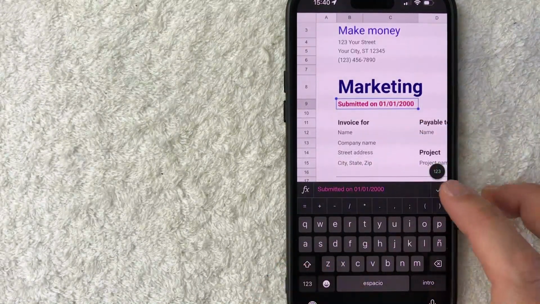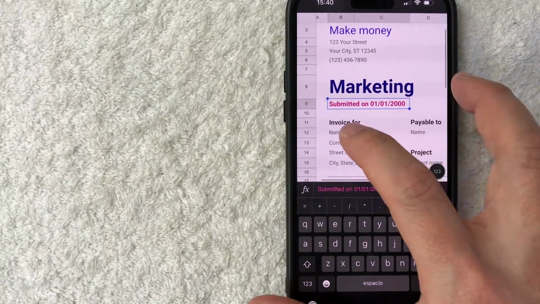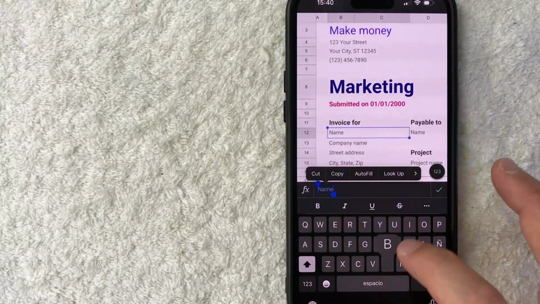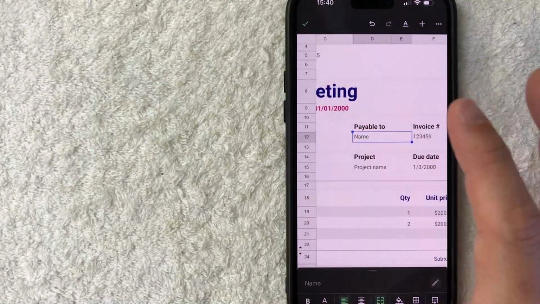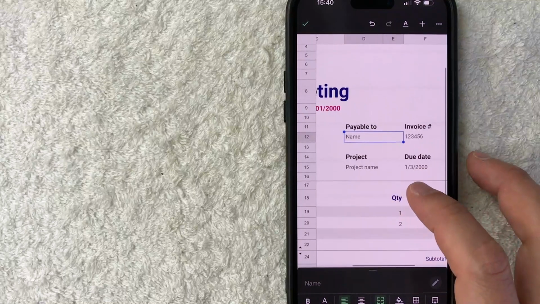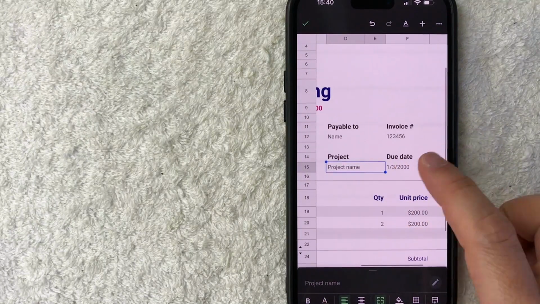And then you can go ahead and add the date. That way your customer knows when the invoice was sent. And here you can go ahead and add in your customer's name. So we'll just write Billy. And then here you can go ahead and make an invoice number and who they're going to make the payment to. So that'll be your company. You can add a project name. So for example, if you're working on their YouTube channel or social media marketing, you can put a due date,